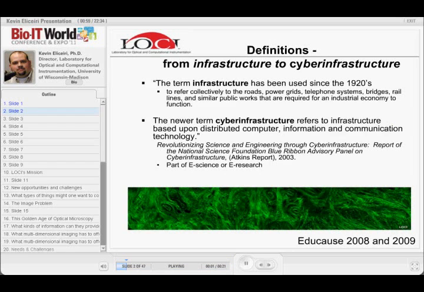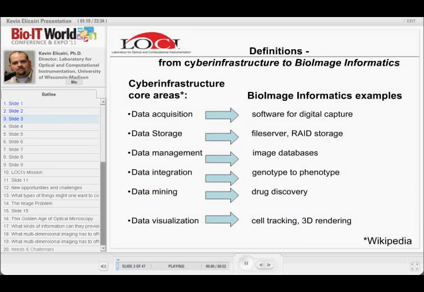So the term infrastructure has been around for a long time, and it's been obviously used to describe commercial infrastructure, public roads, and so on. Cyberinfrastructure has basically been a new term over the last maybe 15 years, trying to describe what you need to actually do informatics in academia and in the commercial industry. And traditionally, when one defines cyberinfrastructure, I got this from Wikipedia, you can see all the various categories of cyberinfrastructure. And if you look at our needs, you can see that we have an example of each one of those.